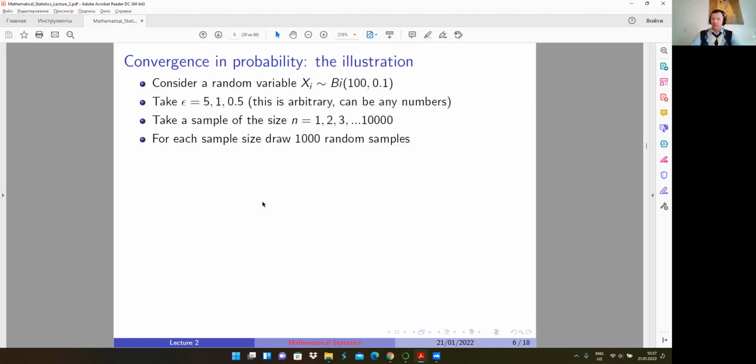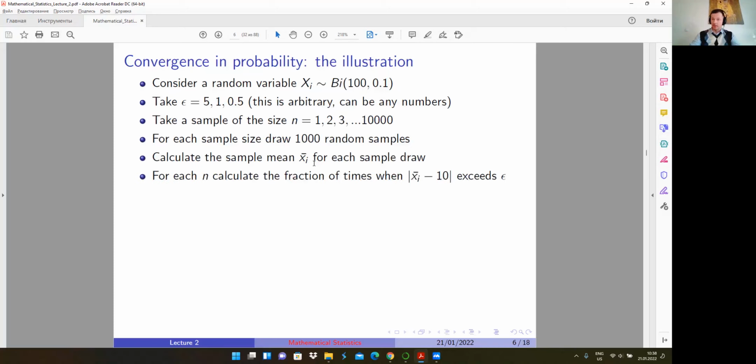Then I need to know the probability that the sample mean will deviate from the true population mean. The true population mean here is 10. So how do we know this probability? We have some formal ways to do this. Basically, with the help of probability theory, I could derive this in a formal way, but I don't want to do this. I want to show you the following. I will make 1000 random samples, and in each sample I will find the sample mean,